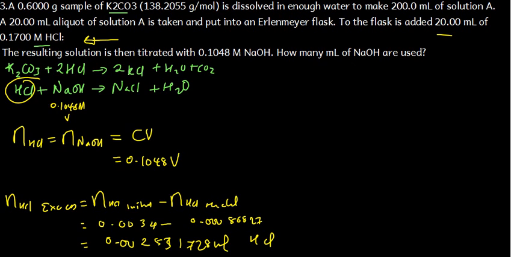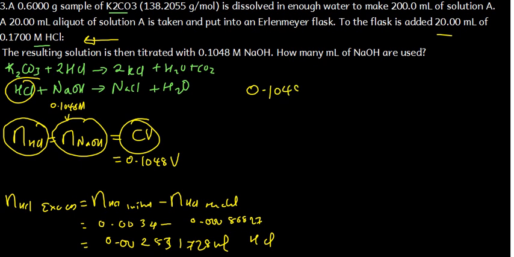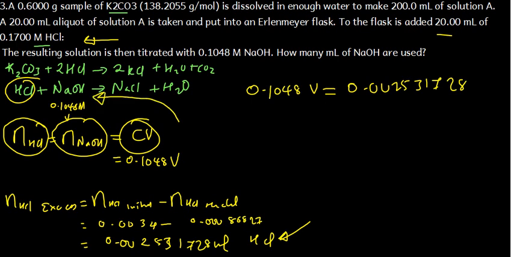And already we saw that in the second reaction, the number of moles of hydrochloric acid were equal to the number of moles of what? Sodium hydroxide, and that gave us this. So that is telling us that the 0.1048V, these are the same moles which are there, which is the 0.002531728. These are the ones which remain to react in the second part, and so they should be equal to the number of moles of what? Sodium hydroxide. So to remain with V, we're just going to divide by 0.1048 on both sides. So punching on our calculators the value that we have there, we're supposed to find V being equal to,